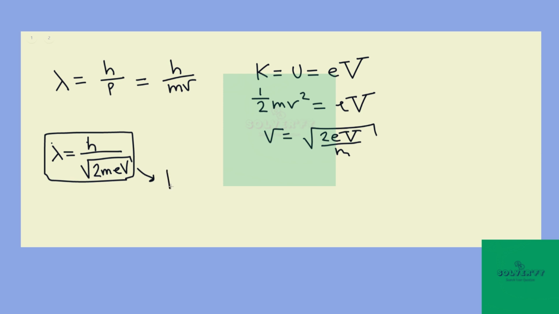So this is equivalent. If we isolated the voltage V, we would get V equals h squared over 2m e lambda squared. And this is the expression that we will finally need to use. So the only difference for parts A and B is that the mass changes. So let's do it once for an electron. So for part A, we would have V equals